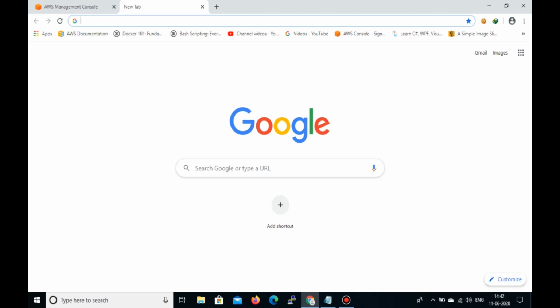First is the pip tool, which is bundled with Python only. So we have to install Python first. You have to go to python.org.